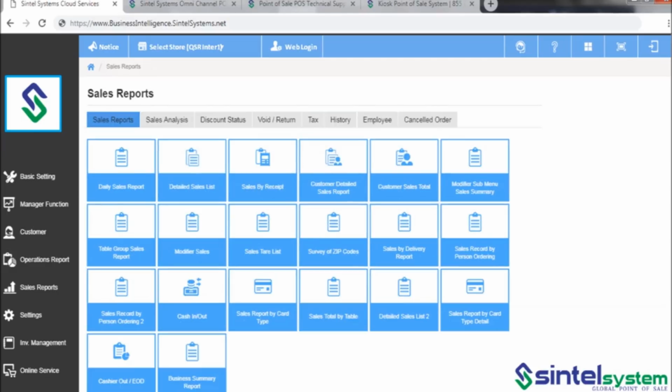The fifth section on the left is one that is utilized frequently and labeled Sales Reports. It contains all the sales reports needed to oversee, understand, and analyze your operations or an entire franchise. This section has 8 parts, indicated by 8 tabs at the top. The first tab is Sales Reports and contains Daily Sales Report, Detailed Sales List, Sales by Receipt,